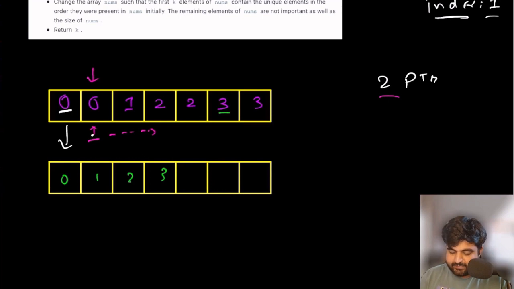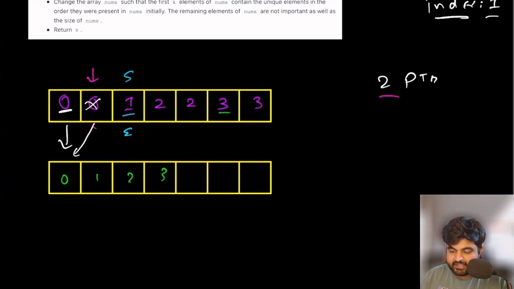So in this case, currently starting and ending pointer, this value is the same as this one, so we need to skip this part. We are not going to care about this value, we are going to move to the next value. Now our starting and ending values both are located at this position. This is a distinct value.